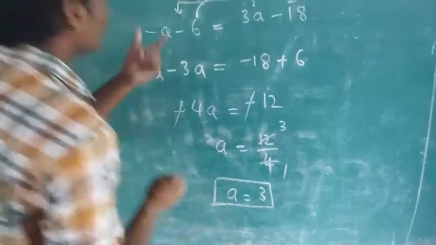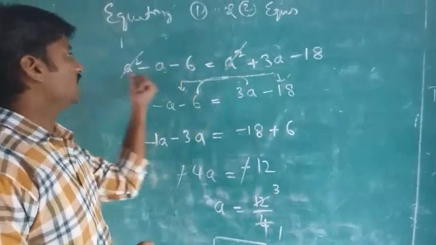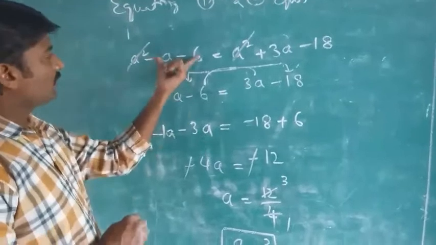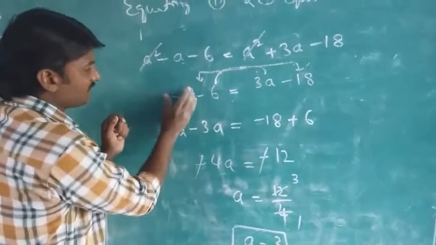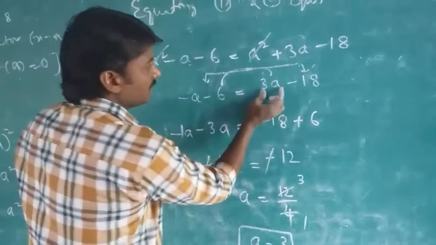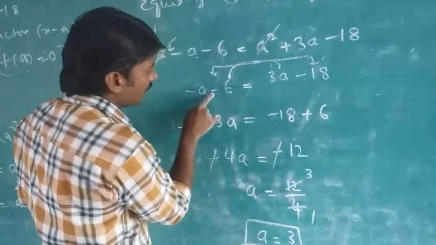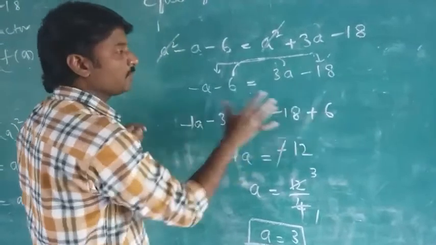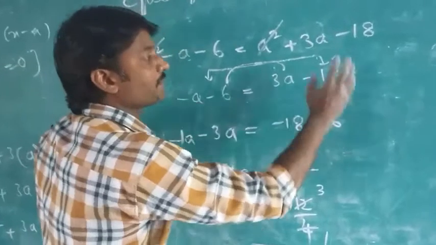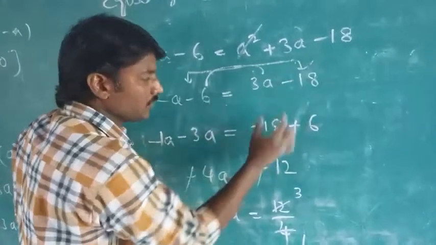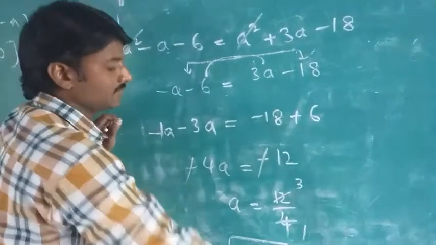Don't get confused here. We took the right answer of the first equation and the right answer of the second equation. a squared gets cancelled. Now transpose. What is remaining right now first of all? While transposing, check carefully. We are transposing 3a to the left hand side, so minus 3a. And here minus 18 as it is. Some people first only transpose the right hand side. It's a wrong method, children. Whatever is left in the right hand side, you copy that, then you transpose from the left hand side. So you'll get the correct answer.